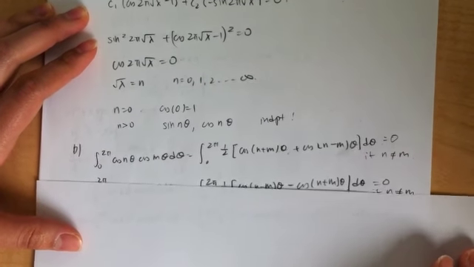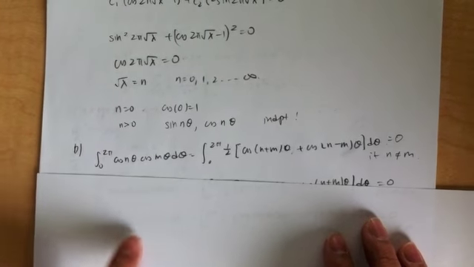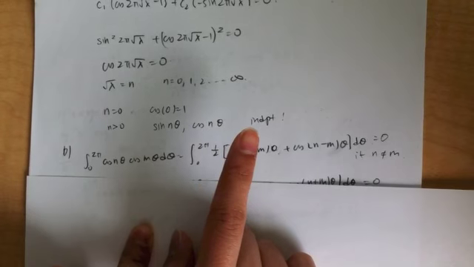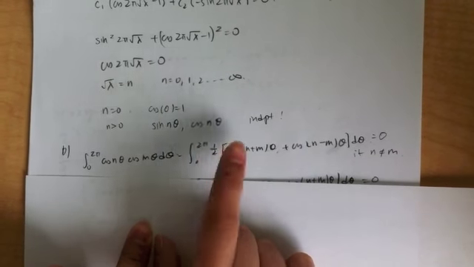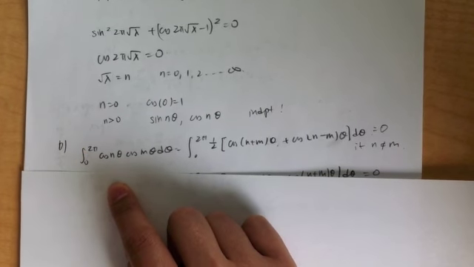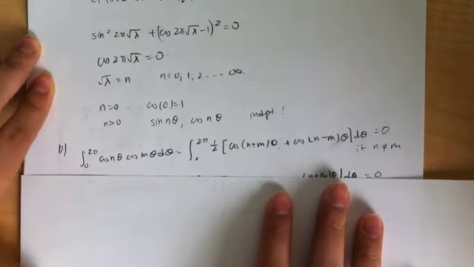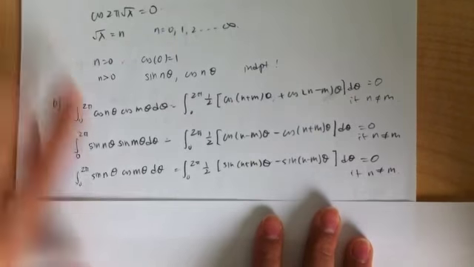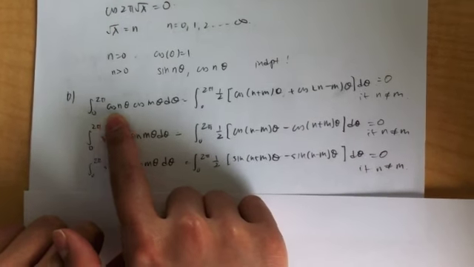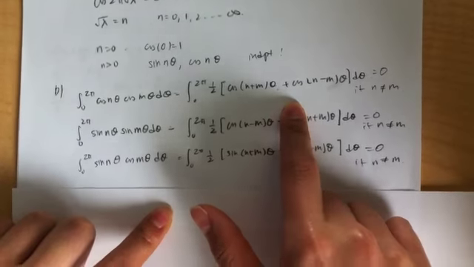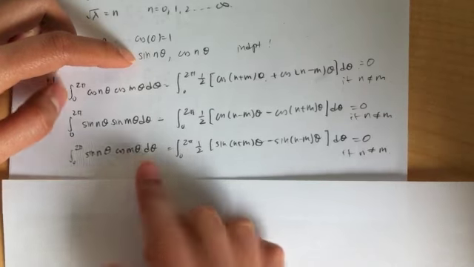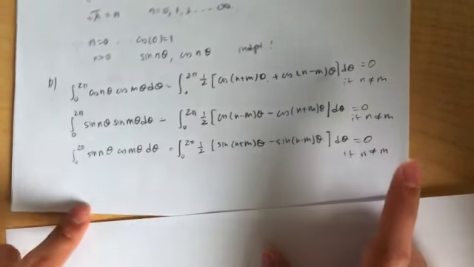For this part, essentially you want to demonstrate that any combination of eigenfunctions that you have will result in 0 whenever you integrate over the boundary from 0 to 2 pi, as long as n and m are not equal. So using some trigonometric identities, we get cosine n theta times cosine m theta is equal to this, which is equal to 0 if n does not equal m. And similarly for sine times sine, we have the same solution, and for sine times cosine, we also have this